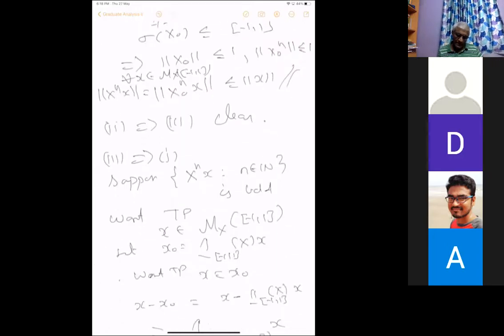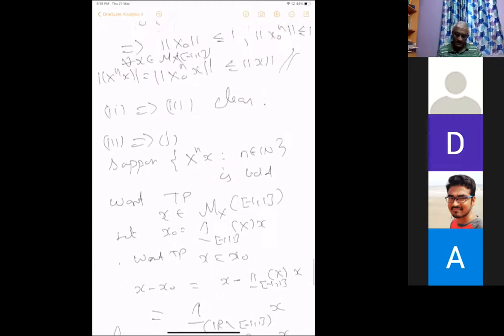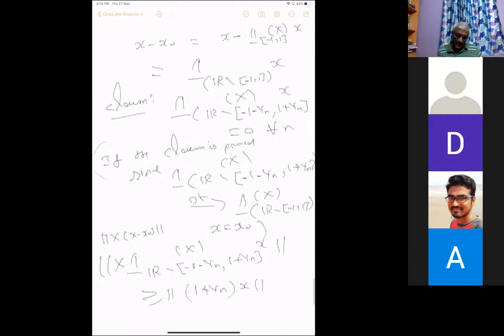We have x power n x is bounded. That's what our assumption is. Okay, I want to contradict that assumption. The claim is that this projection applied to x is 0. Okay, that is the claim. So suppose it is not equal to 0, suppose that projection is not equal to 0,